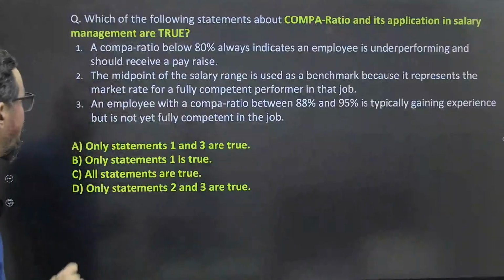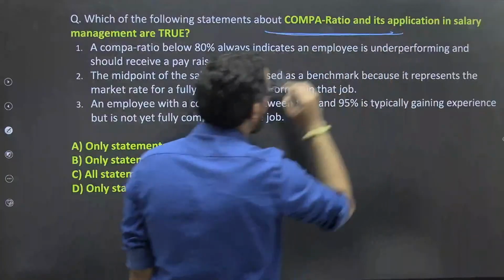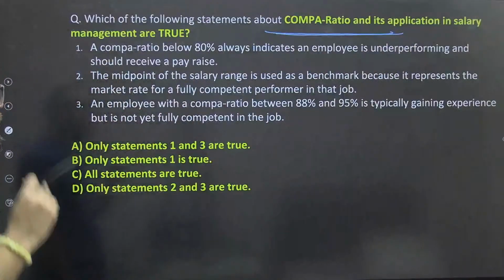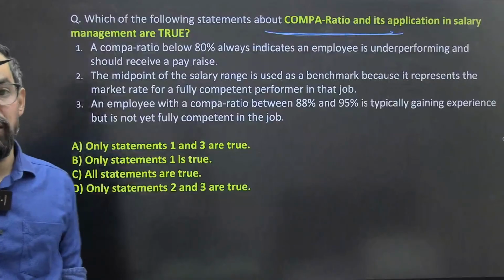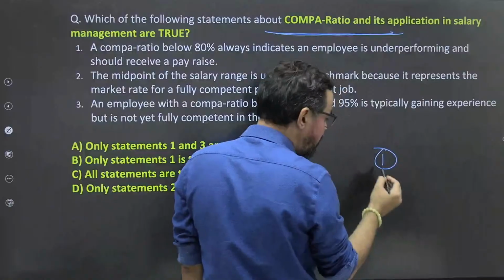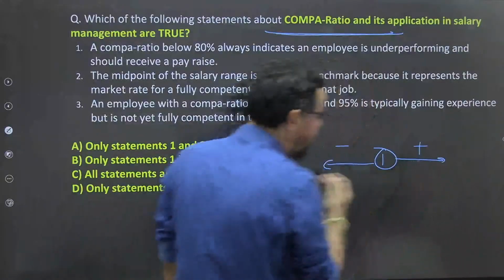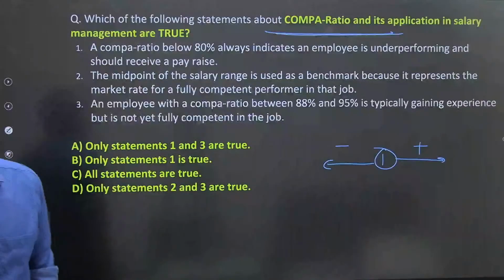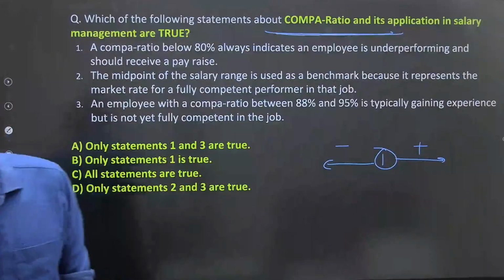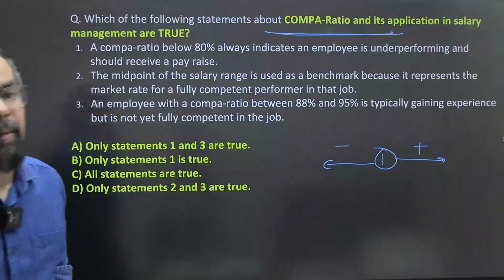Next one. Which of the following statements about the compare ratio and its application in salary management is true? ठीक है, तो हमने 3 एरिया समझे थे. So we reach to a midpoint, जैसे 1 आपका less than that और आपका more than that. ठीक है, सो माइनस साइड और आपका पॉजिटिव साइड ऑफ द कंपेयर रेशियो. तो उसके बेसिस पे, and this is आपका highly expected. हाँ, ये आपको एक क्वेश्चन मिल सकता है यहाँ पे कंपेयर रेशियो के ऊपर.